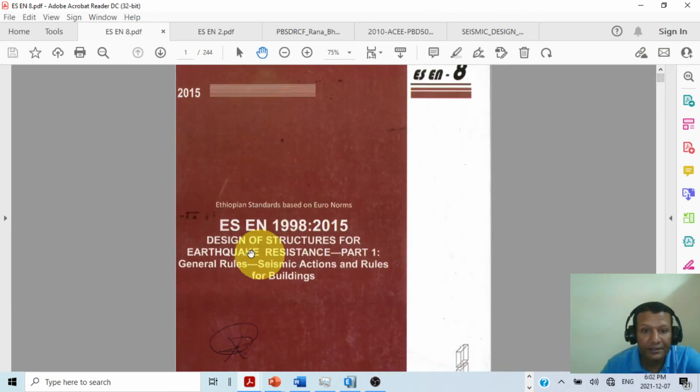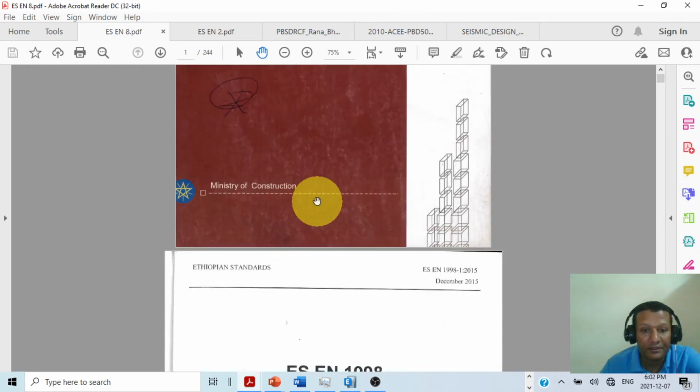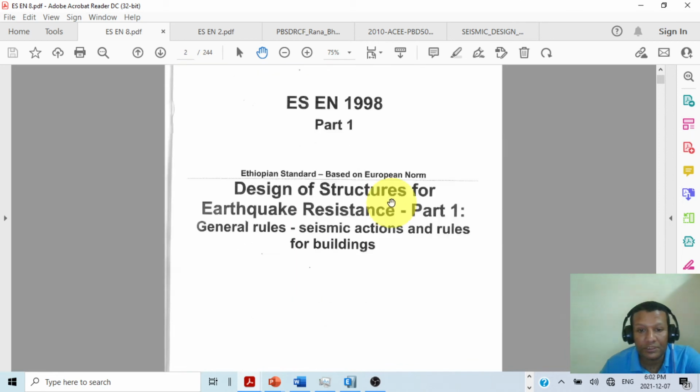This is ES EN 1998-2005, the Ethiopian standard based on Euro norm, design of structures for earthquake resistance, part 1. So this was updated in 2015. The Ministry of Construction updated it. This is